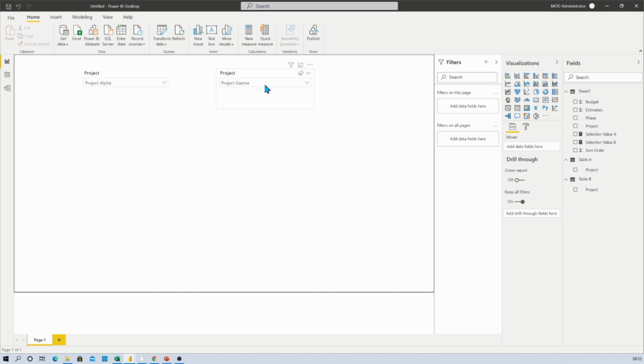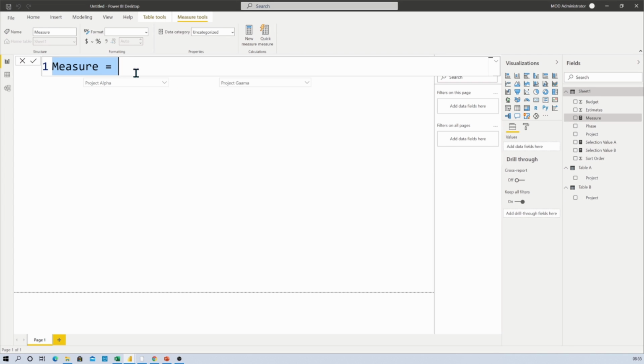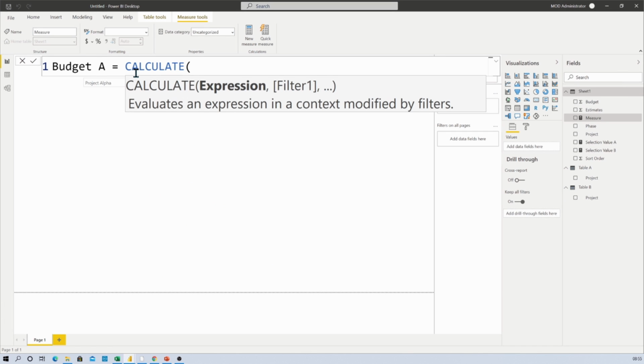Let's create some more measures over here. So first of all, I wanted to show budget and estimate over here, right? So I need to create a formula for that. So for that, let's click on new measure, and now first of all create a formula for Budget A. Budget A is equal to, we need to use a calculate function.